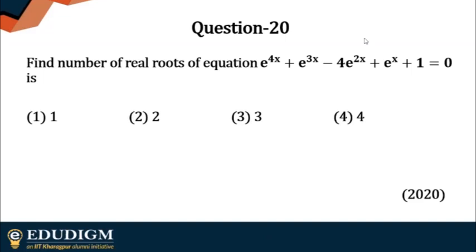Ishika says it's option 1, which is that there is one real root. Ritaban says it's x equals 0, right? x equals 0 is a solution which is pretty visible here. But that does not ensure that there are no other solutions. That is the thing you have to be a little careful about. Maybe x equals 0 is the only solution, maybe option 1 is correct.